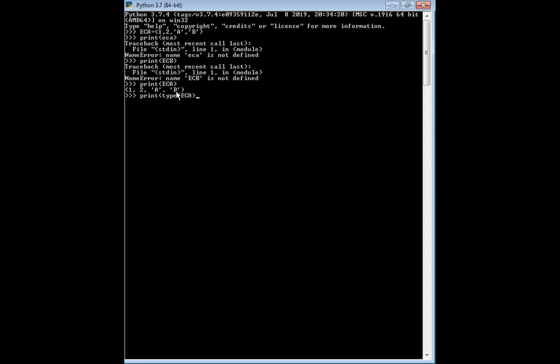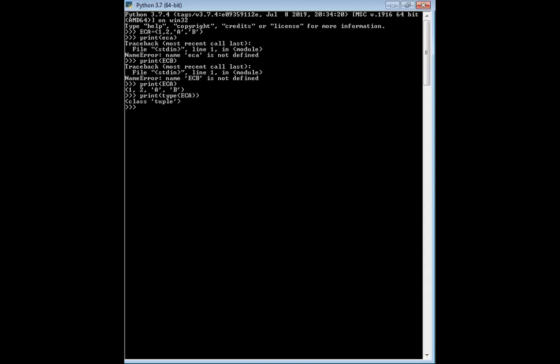When I do that, you can notice clearly in the output what type of data is present in that ECA tuple. You can clearly notice here: class tuple.